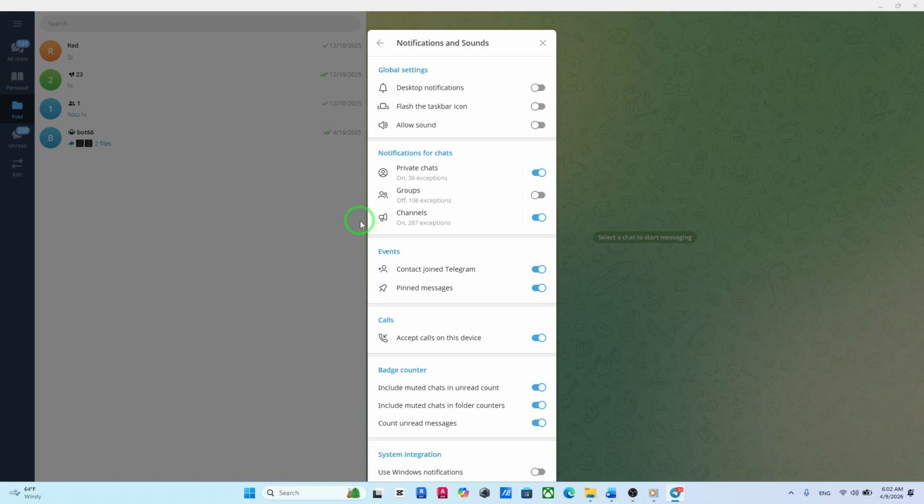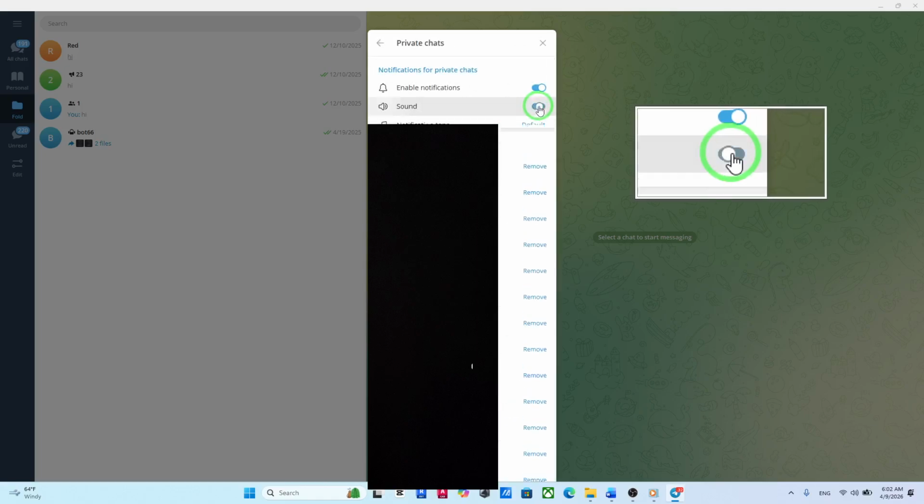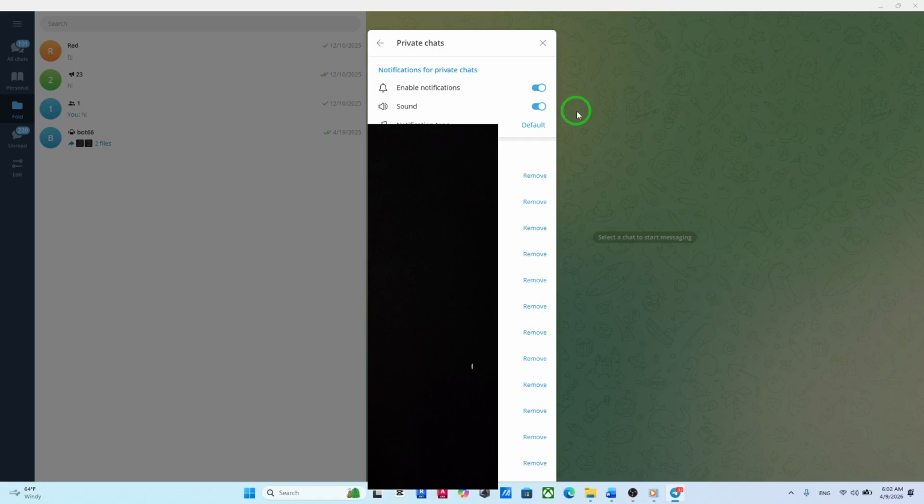To enable sound alerts, find the toggle switch or checkbox next to sound. If it's turned off, simply click it once to turn it on. After doing this, you'll know it's activated when the switch appears highlighted or moves to the on position, depending on your interface. Once you've enabled the sound for private chats, Telegram will now play an alert each time someone sends